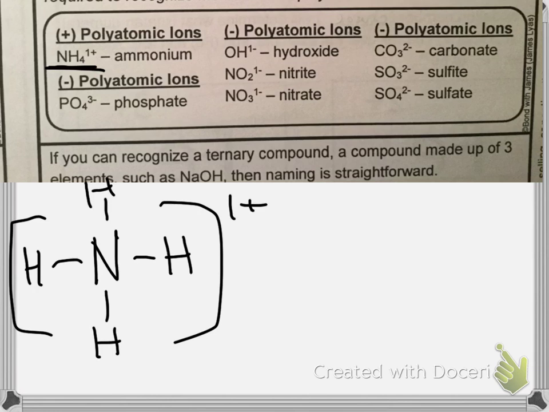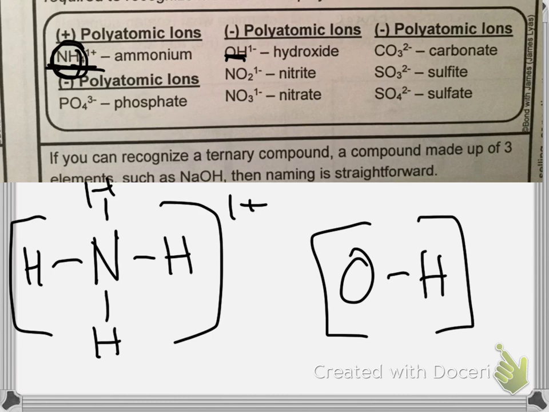So this means 1 nitrogen, 4 hydrogens, and that entire thing is a unit. It is one thing, it's one ion. The whole thing has a +1 charge. So similarly, OH with a 1- is 1 oxygen, 1 hydrogen bonded together, and the entire thing has a 1-